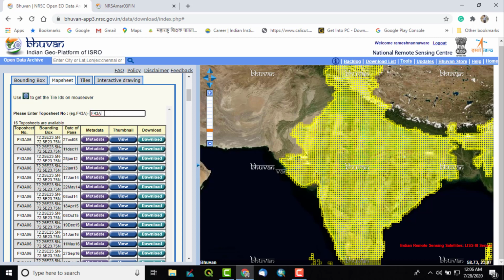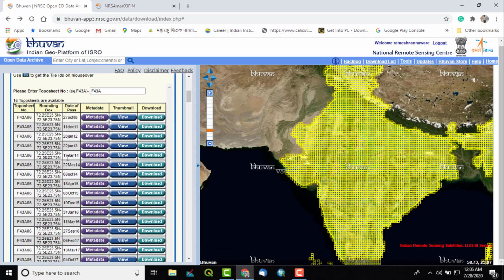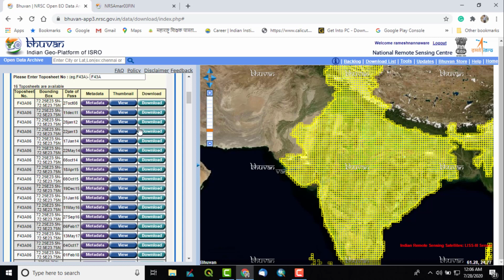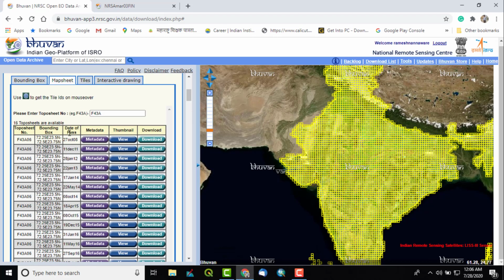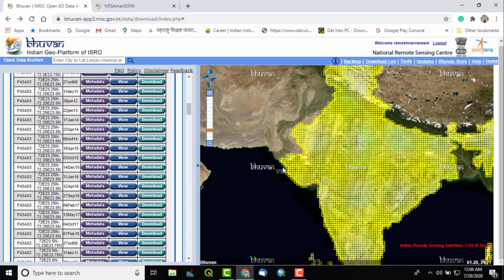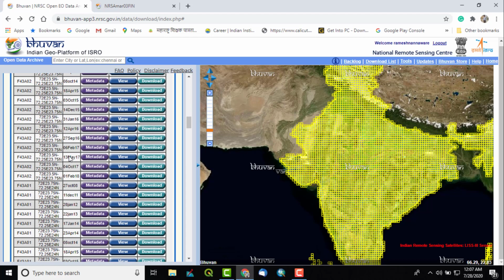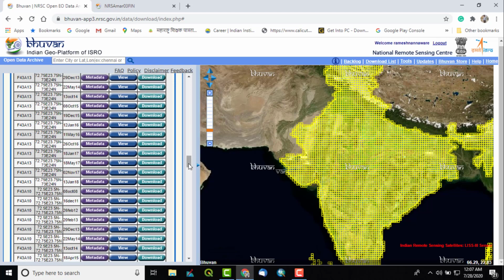Now the software will show whatever satellite imagery are there to be downloaded for this sheet number, because these particular satellite images are available from 2008 till 2018, so it is covering almost 10 years. And each tile will have all these period satellite imagery, so that's why this list is very long.